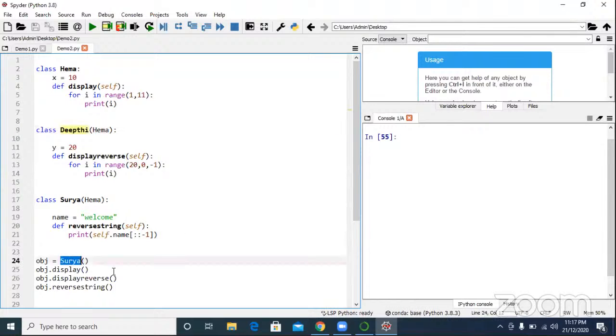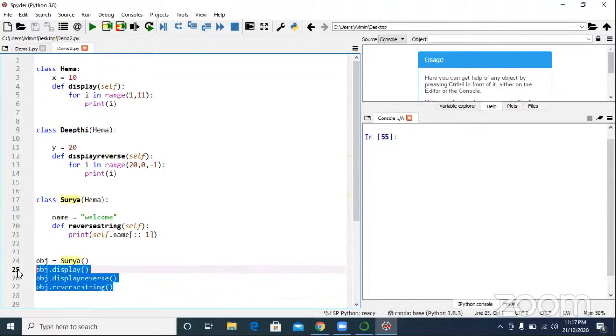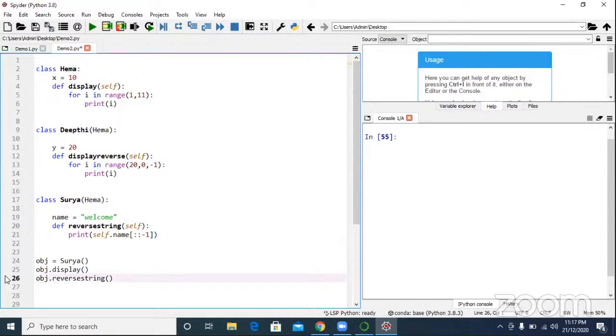So if I create object for Surya, there is one line of statement which is wrong. Which one is the wrong statement? Display reverse. Why? That is Deepti's method, and Deepti is not there. Now my last question. How many subclasses are there for Hema? 2: Deepti and Surya.